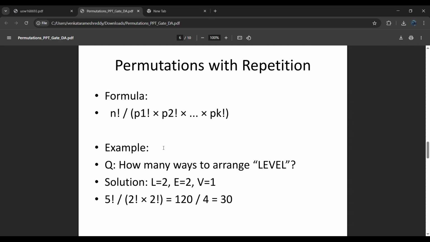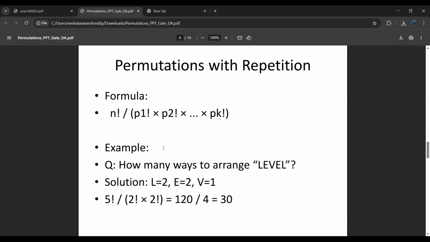So here see, I will explain. Here see, how many ways to arrange LEVEL? So there are five letters. In how many ways can we arrange this word LEVEL? It means out of five, there are letters that are repeated. So what is the formula? n factorial by, so 5 factorial by